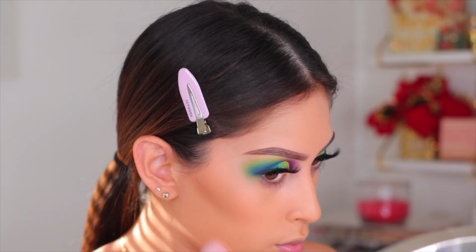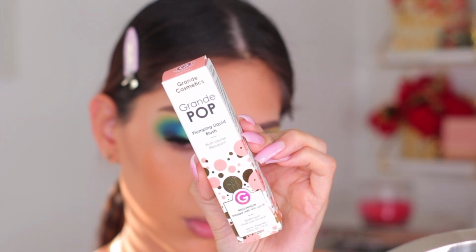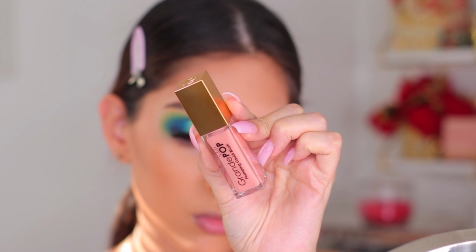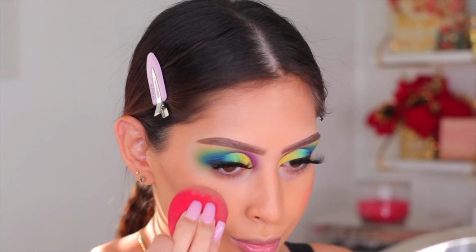This one is in the shade Baked. I love it. It is amazing. And then I did try out this Grande Pop. It's like a liquid blush. This one's in Nude Pop from Grande Cosmetics, and I didn't like this, and I think I'm going to try